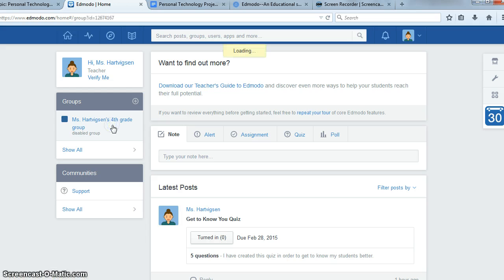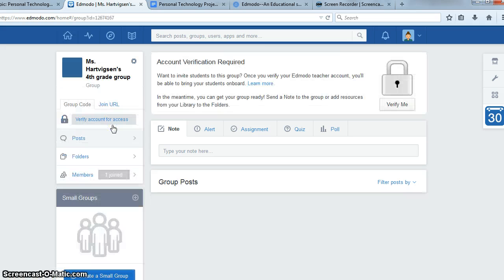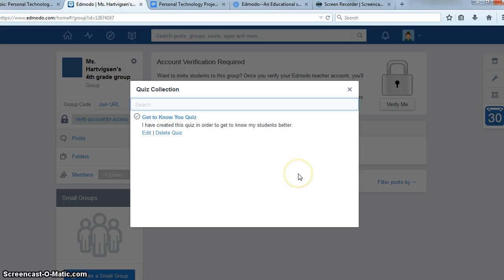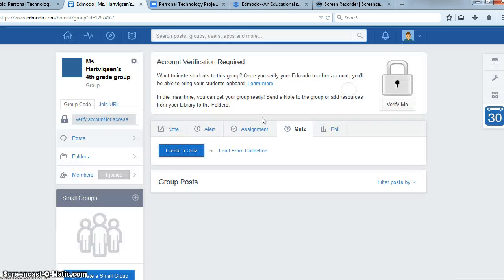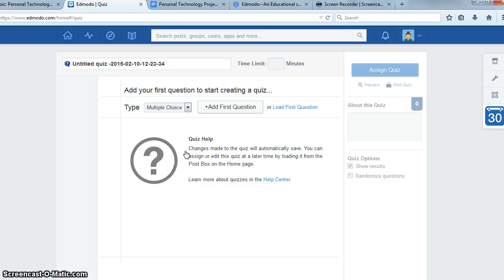So if I went here to my 4th grade group and I wanted to create a quiz, I could just click on quiz, and then I could either load from a collection of quizzes I've already made. For instance, I made this get to know you quiz earlier, or I could choose to create a quiz. So I'll just do a few steps of that just to show you how easy it is. You just highlight this and you can name your quiz. And then I can choose what kind